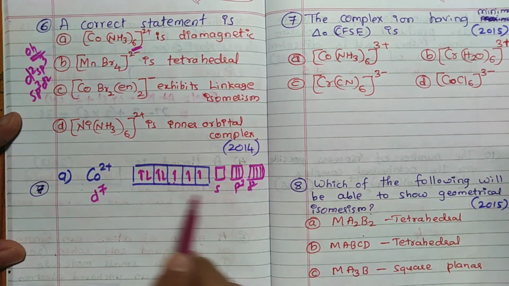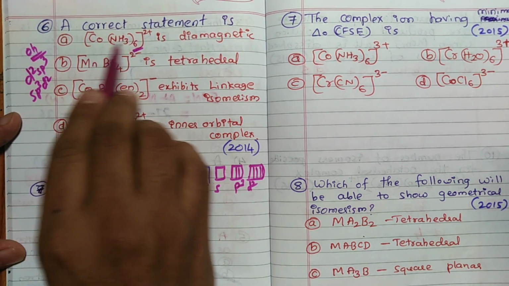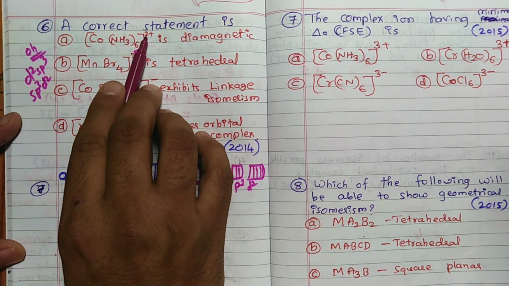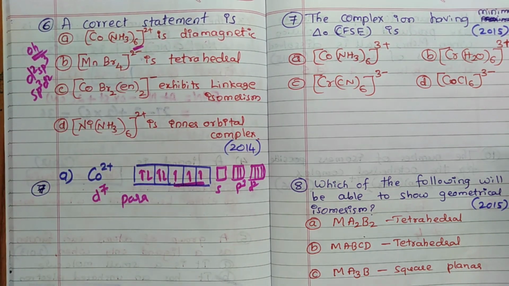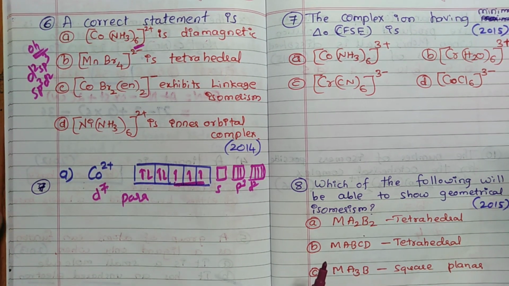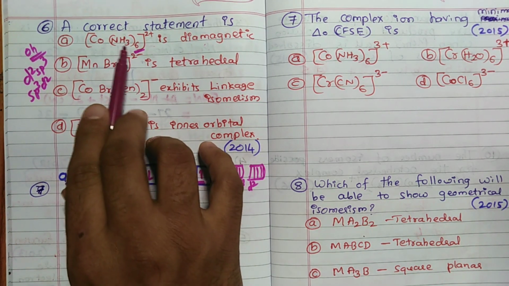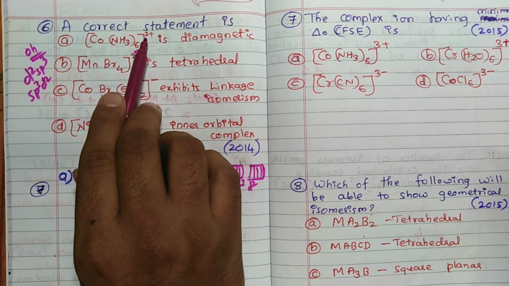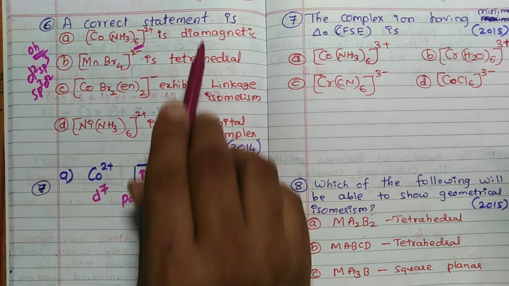So sp3d2, but it is paramagnetic. Remember, it is paramagnetic. Hence, this is not the answer. If it is the simple complex with 3+, then it is diamagnetic, correct. We have seen this complex in the theory exam also. So VBT we have explained, that you can refer. So [Co(NH3)6] 3+ is diamagnetic, correct. But if 2+ is there, it is paramagnetic. Diamagnetic is wrong.